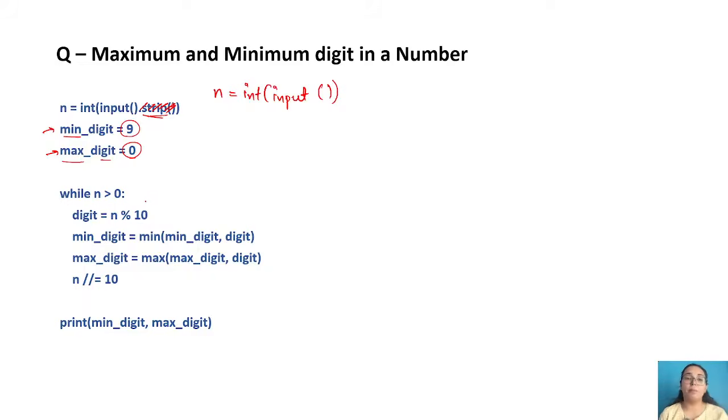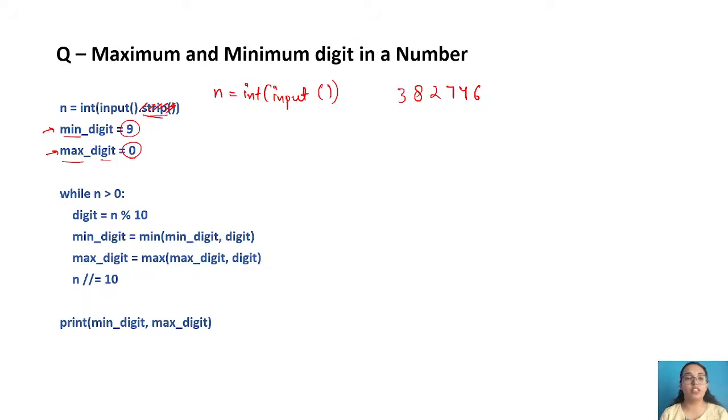Because when we will be comparing and finding any number that is minimum, right? For example, if I want to find the minimum digit out of this particular number, that is 2746, right? So let's have some few numbers which are greater. Let's say we have 8 in here, and then we have 3 in here. Let's say this is a number given to us. Now I have to find the minimum digit first, let's assume.